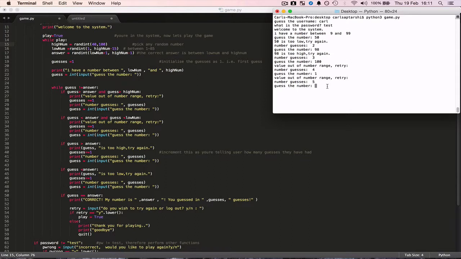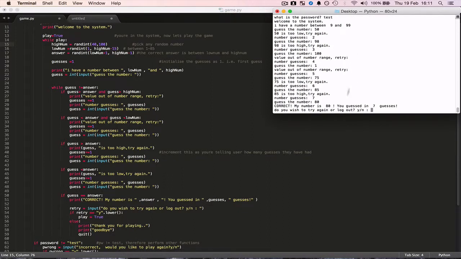Okay, so now let's actually try it. So we know that it's between 50 and 98. So let's go 75 and 98. So let's go 85. 85 is too high, so it's between 75 and 85, so let's go 80. Correct! My number is 80. You've guessed it in 7 attempts, or 7 guesses. Would you like to try it again? Well, if I say yes,